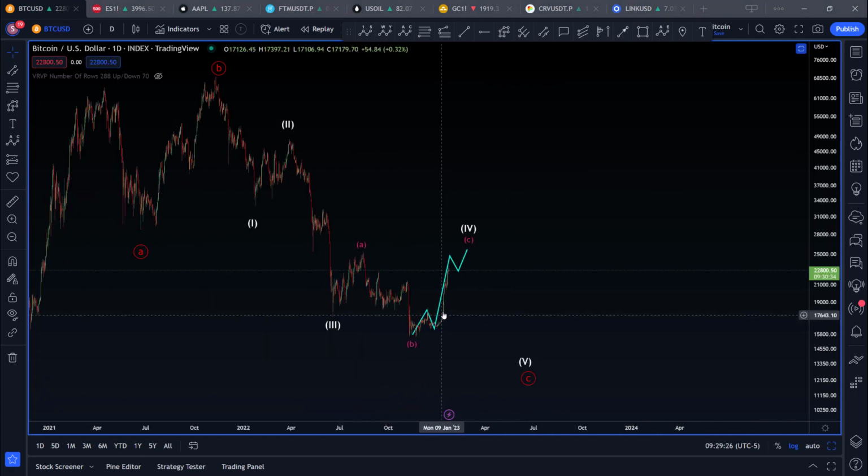Just because an impulse is now the primary expectation for this move off the low, it doesn't mean that we're out of the woods on this bear market yet. There are still several potential scenarios, including ones where this plays out as an impulse, that the bear market has yet to end. And believe it or not, there's still a scenario that's well in play just in case this does not turn out as an impulse and instead is a very extended C wave.